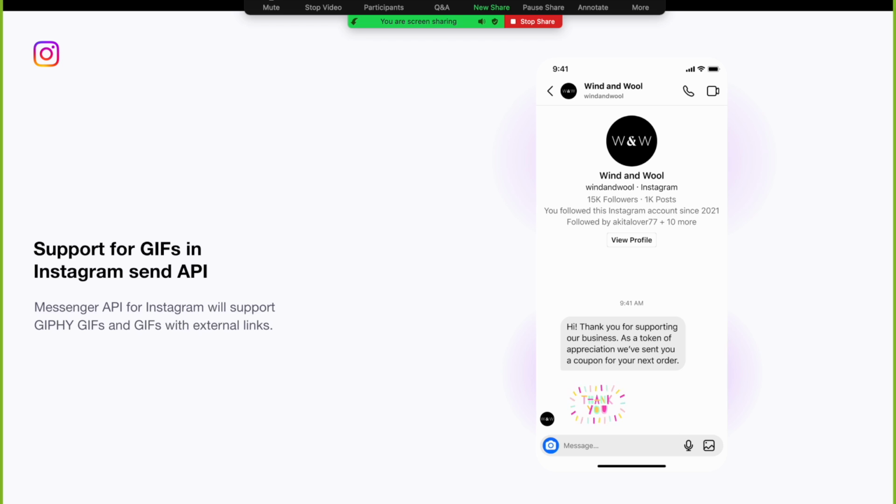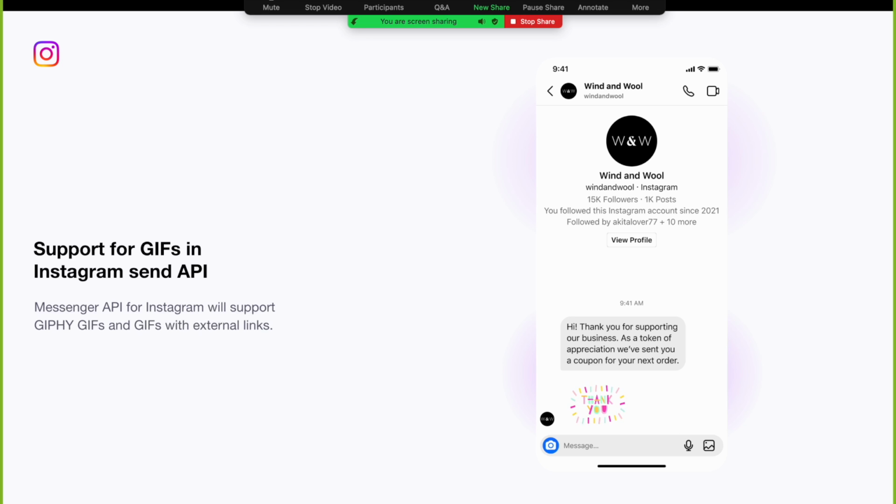Now, when thinking of sending multimedia via the Send API, it is important to keep the rate limits in mind to deliver a good user experience. You can find information about the rate limits in the developer documentation as well, so don't worry about missing out on this section. Your app can make 100 calls per second per Instagram professional account for messages that contain text, links, reactions, and stickers. But if you're using your app for sending content which may be audio or video, then your app can make up to 10 calls per second per Instagram professional account for the Send API.